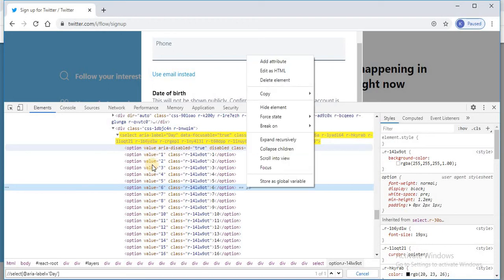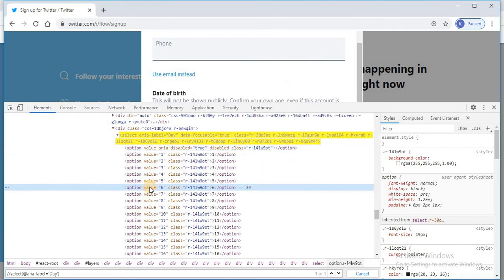If you want select by value, so whatever is written inside this you can write it out, so it will select based on the value. But if you want to select based on the text, then text is this, which is displayed to the UI. So we'll do all the three options. For day we are doing select by index. For month we'll use select by text, something else we can try it out.